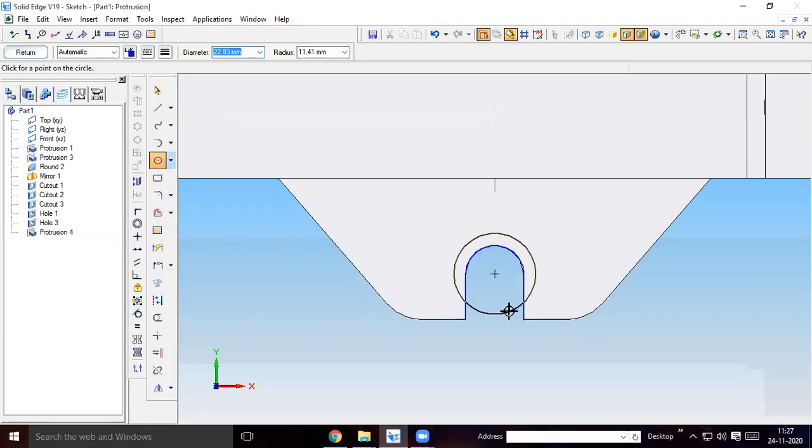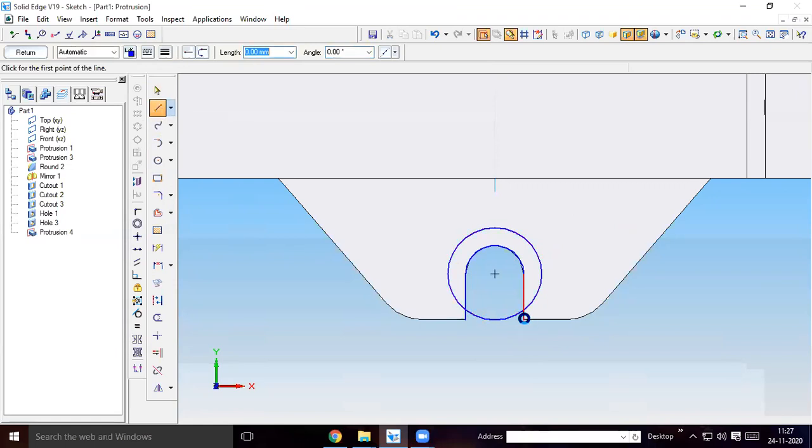Draw a circle of 26 diameter, and then draw a line from here to the end of this line. This distance is 8 mm, this will be 13 mm. So draw a 5 mm line at an angle of 0.